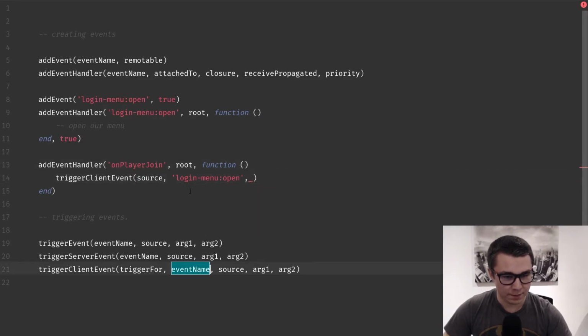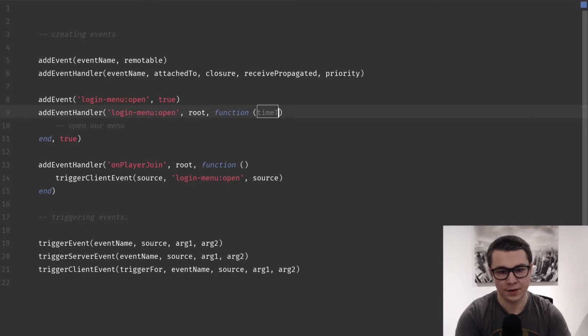The next argument, being the event name, is just the event that we are trying to trigger. And then the third argument is the source of the event. Now, the source of the event in this case is going to be source, being the player that joined. And then we're not going to pass any further arguments, but if this function took arguments like the time they joined